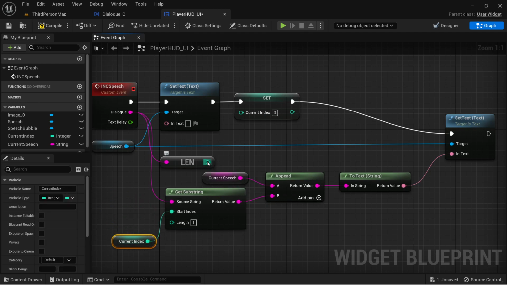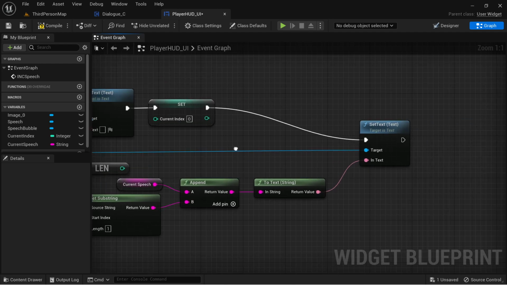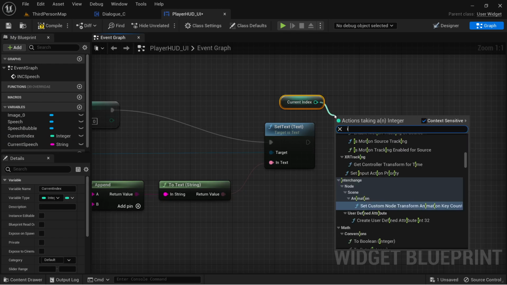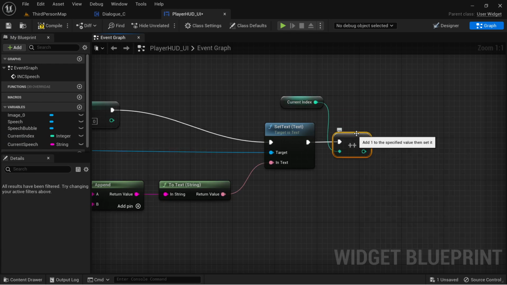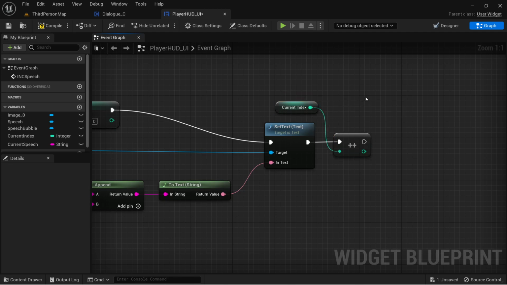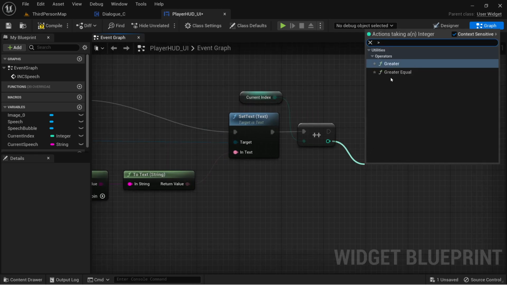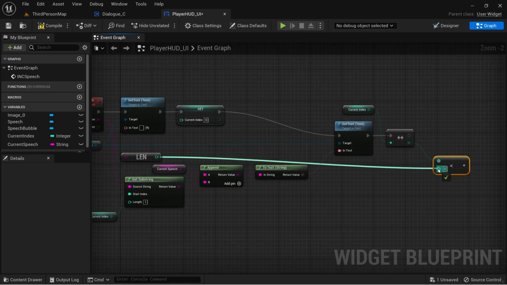Okay, and now we want to see if our current index is, well, actually, no. We want to get our current index and then increment it, because each time we move through, we want to go one letter at a time. We want to get the next index of that string. So now we're going to see if it's less than the length of our string,